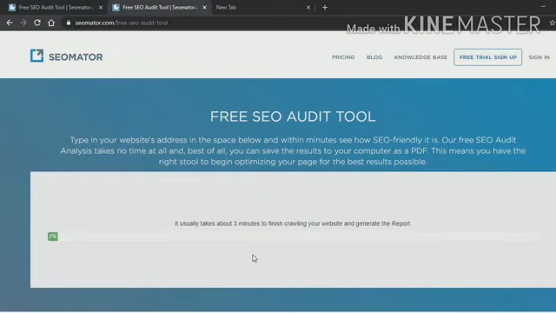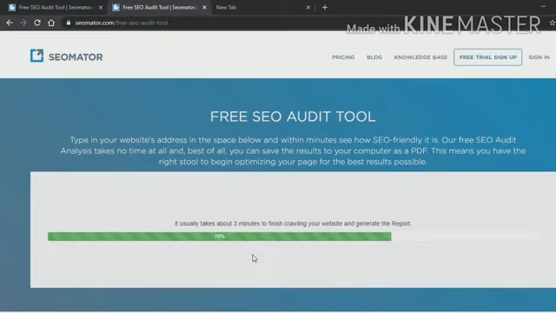Then we have suggestions like usability, secure socket layer, privacy, backlinks, etc. And now you will see 70% and 93% of the process has taken place. Once it is finished, we get the report in the form of a PDF.